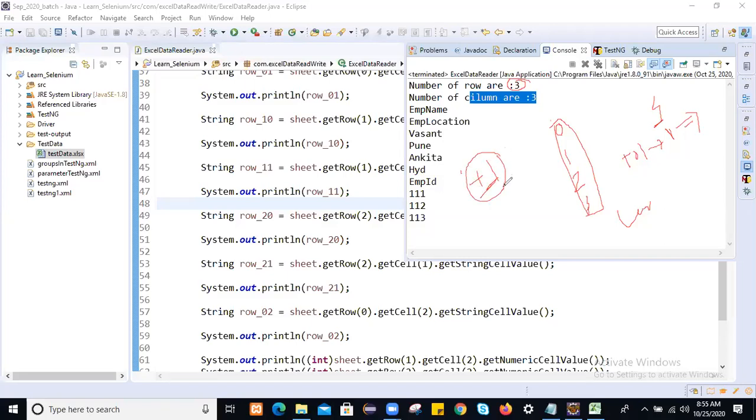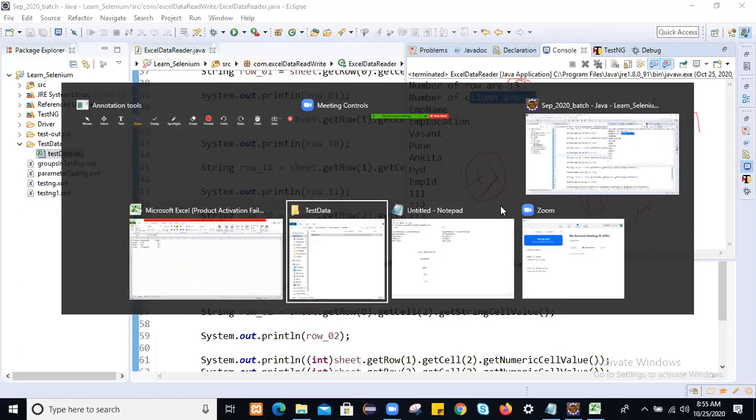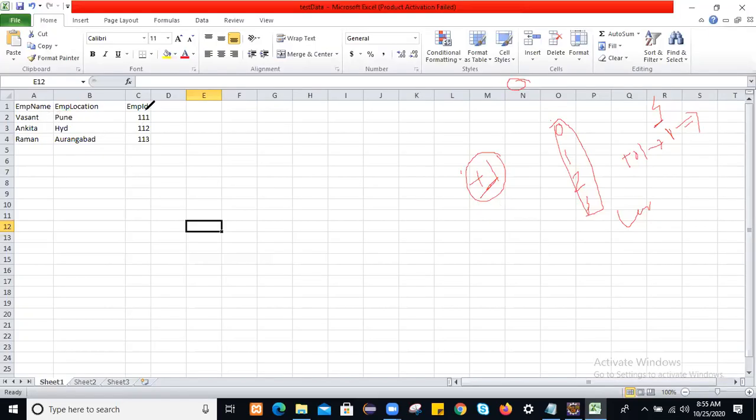If you go to the Excel sheet, observe carefully. How many number of rows are there? 4 number of rows. But when we count the rows by using get last row number, we are retrieving only 3. The get last row number method will return the total number of rows within the Excel sheet minus 1.